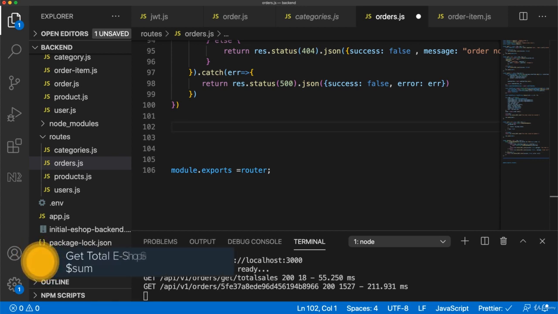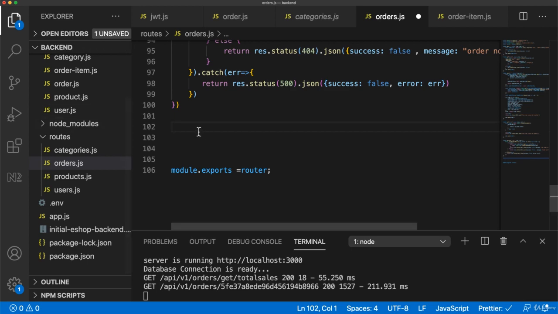As always, at the end of every module, we do some POST or GET request of some statistical data. What came to my mind here is that, for example, I want to show in the dashboard of the admin panel of the application how much total sales I have in my whole eShop. So the owner of the eShop, when he logs into the admin panel, sees the total sales and he will be happy. So as always, let's create a GET request,